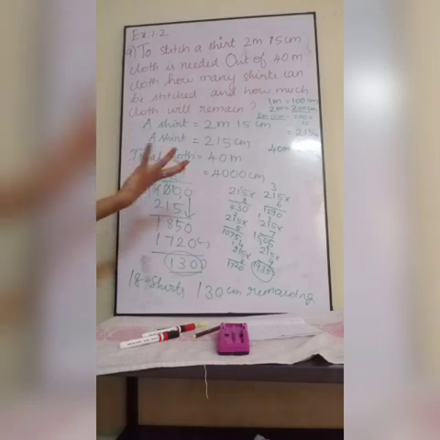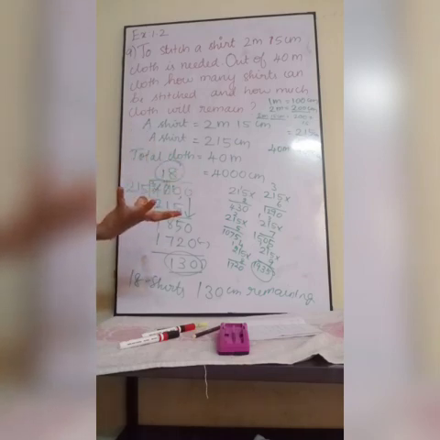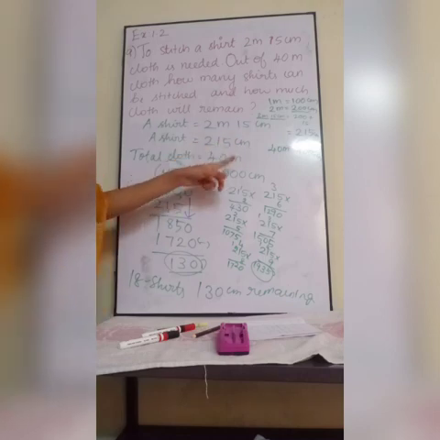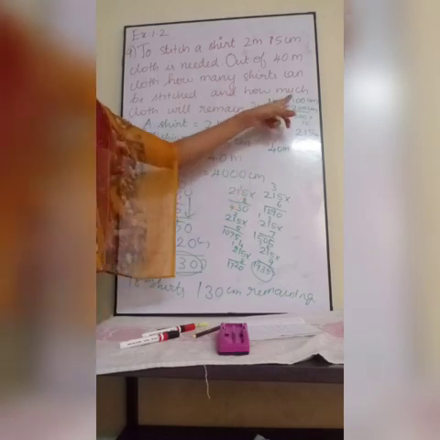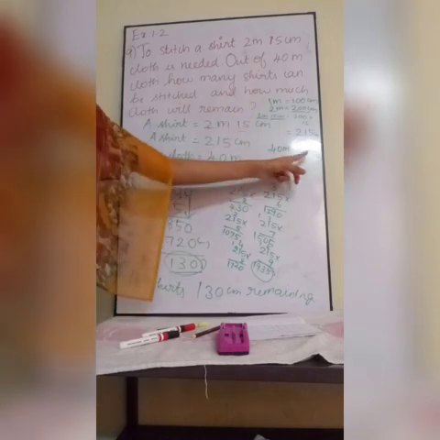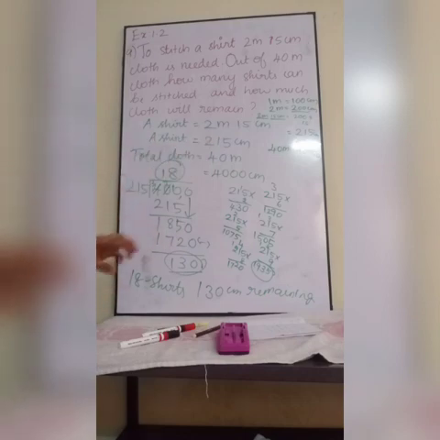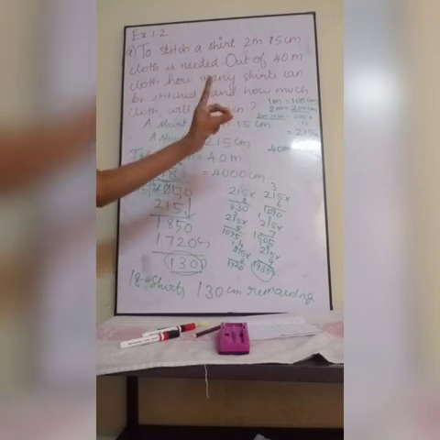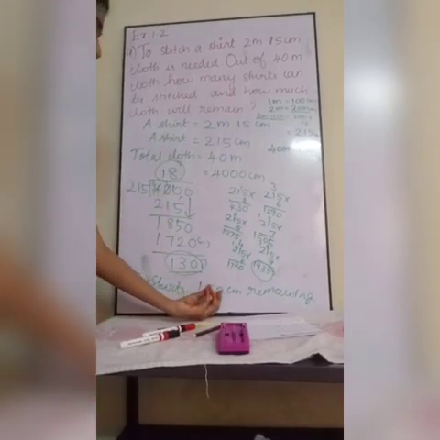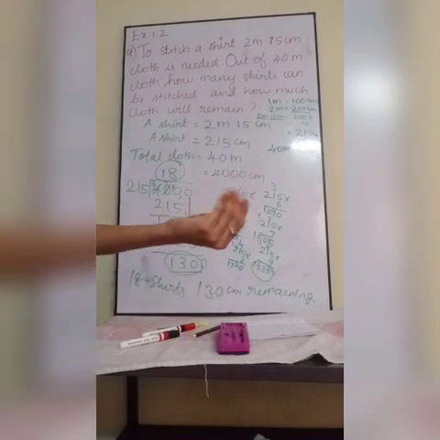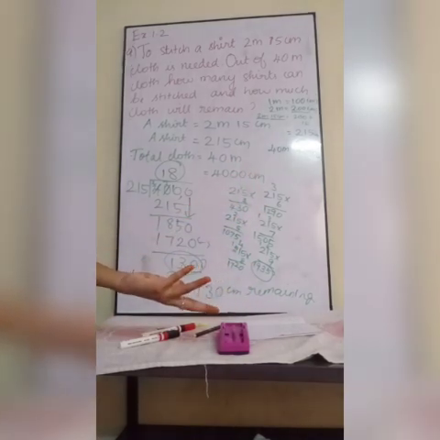Next. What is our total cloth? 40 meter. So that also we have to convert, right? So I converted that into 4000 centimeter, because 1 meter is equal to 100 centimeter, means 40 meter means 4000 centimeter. So I am dividing the total cloth by the cloth for each shirt. Can you get the number of shirts? So I will get the number of shirts and the remaining cloth also. So 18 is the number of shirts which we will get, and 130 centimeter is the remaining amount of cloth. Okay, understood?